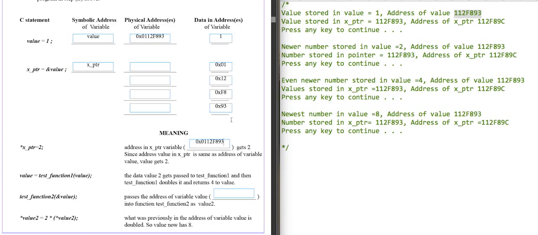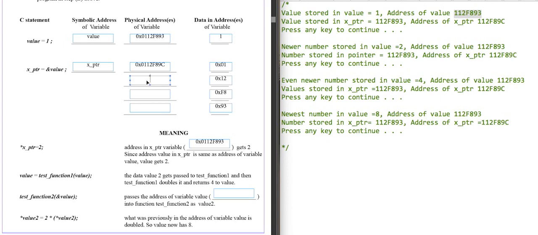Now before we continue on, let's take a look at the actual address of x pointer itself, because it's in a separate set of 4 addresses. So it says the value stored is this, which is what we've got, but it also says the address of the x pointer is this number. So this number is 0x011 2F8 9C. Now that's going to contain the 1,